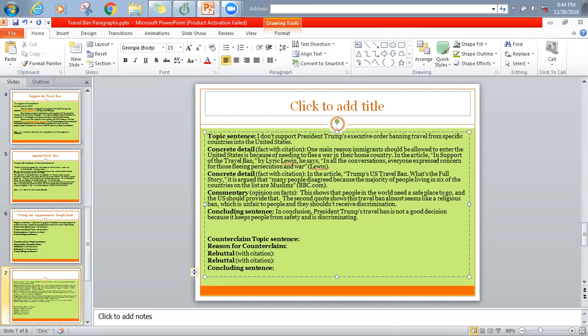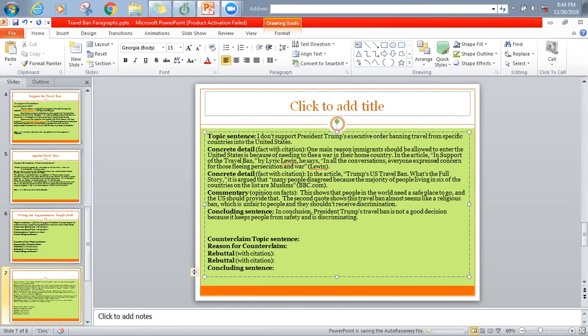Okay, so now just to review, what is a counterclaim? What is a counterclaim? I forgot. Oh, well, it's good. We're reviewing it then. I don't even think I knew this term for a long time. When I was in high school, I don't even think that this was the term that was used. I feel like it was a different term, and so this took me a little bit of time to get used to it at another online school that I taught at. It was the first time I had seen it, but it makes sense now that I know what it is.